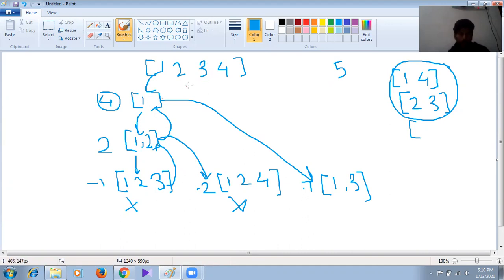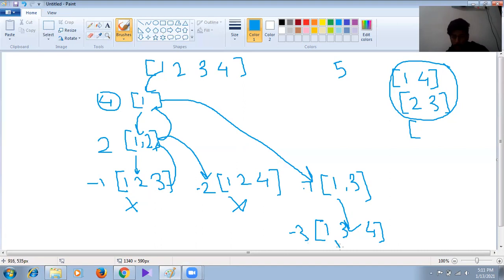Now we update our target. How will we update it? We subtract this element from our target, because 4 minus 3 is 1. Here the target will become 1, which means it is not 0 and not negative. Then it will go for the next element, that is 4. That is 1, 3 and 4. Here the target will become negative, which is minus 3.